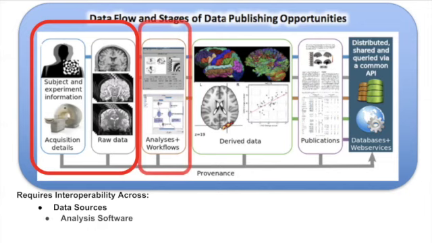Next, you're faced with the analysis, and here begin to be some of the issues: with the one data set that you acquired, you are faced with myriad possibilities of how to approach the analysis of that data. Do you use SPM or FSL? Do you use FreeSurfer or ANTs? Do you use these sets of parameters or those sets of parameters? And ultimately, you, the scientist, make an informed choice about a particular way to do that analysis.